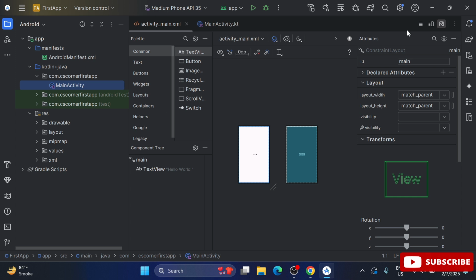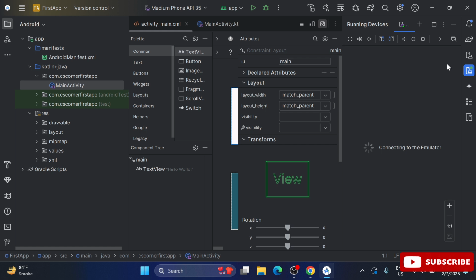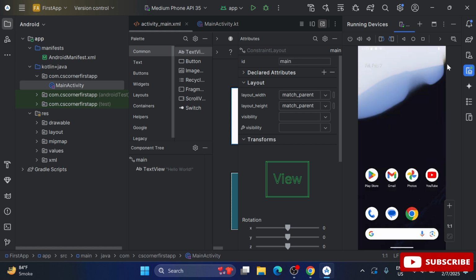We have already installed Android virtual devices. Here you can go to device manager, and you can see my Android virtual device with its name. I'm going to start this Android virtual device. When you start it, it is not going to run your app. To run your app, you need to click on the play button. I'm just starting this Android virtual device to show you that my device is running. Now let me click on this play button. You can see my Android virtual device has been started. Now I'm going to run this application on this Android virtual device.